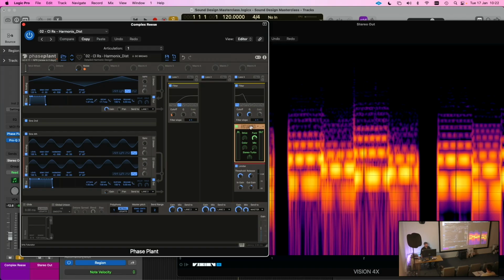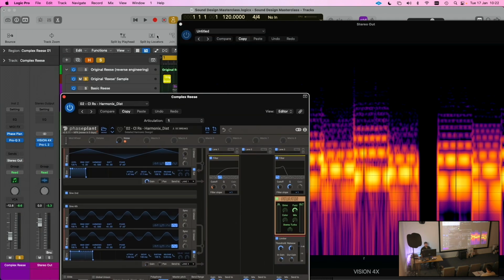The other thing, and this leads us onto how this sound then develops, is to run all of that through some distortion. So I've got this Faturator in here, which is essentially just drive and fuzz, and you can tweak the color and the mix of it. And just very subtly, I've mixed in a little bit. And if I maybe just solo that and hit play,